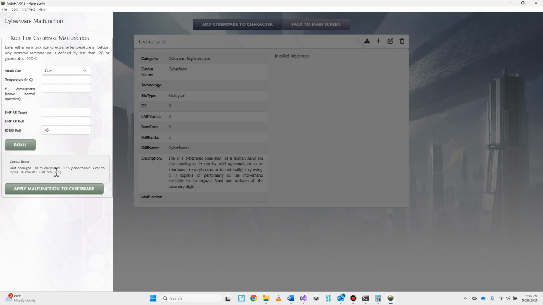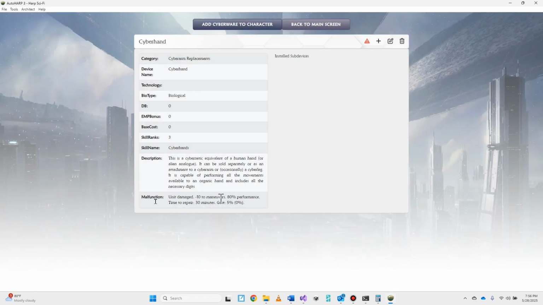So the unit was damaged. It's a -10 to any maneuvers that I use with the cyber hand. It's at 80%. It's going to take me about 30 minutes to repair it, and it's going to cost about 5% of the cyber hand. So whatever 5% of 2,500 is, whatever the GM determines is going to be the cost that it's going to take me to fix this. Now I can click on Apply Malfunction to Cyberware, and it's going to go ahead and add that malfunction to